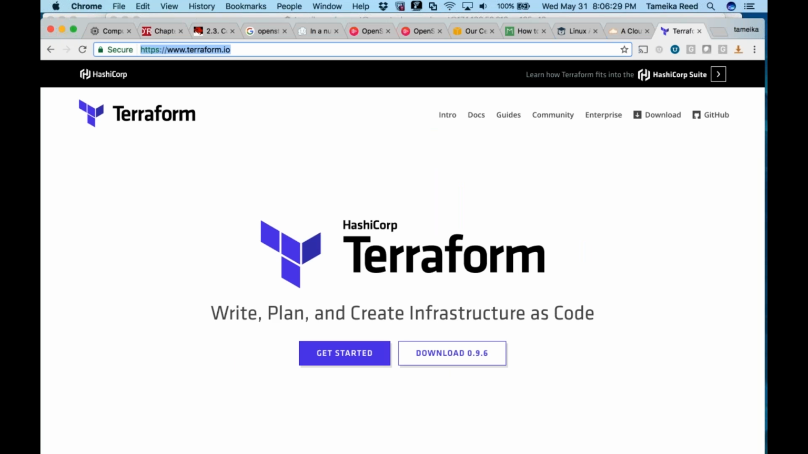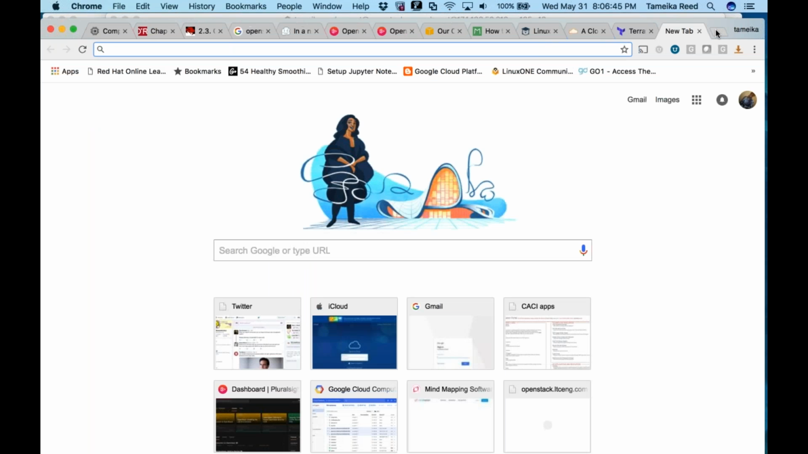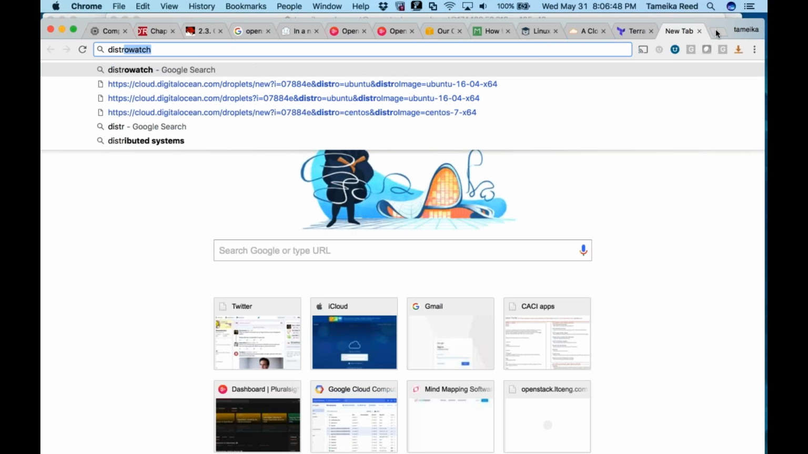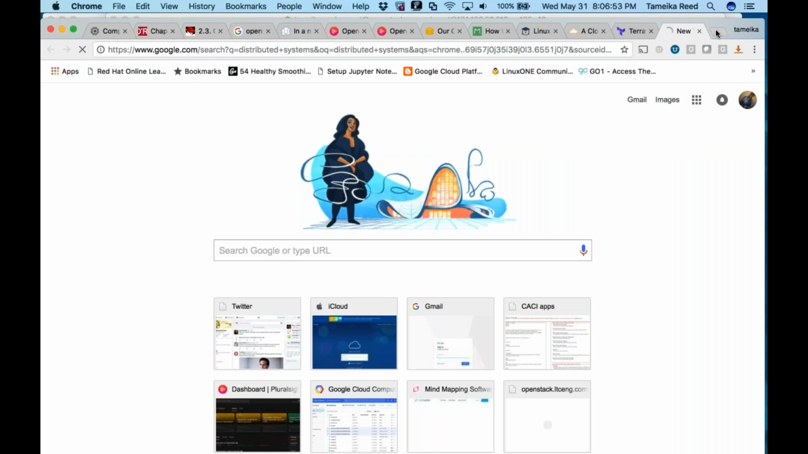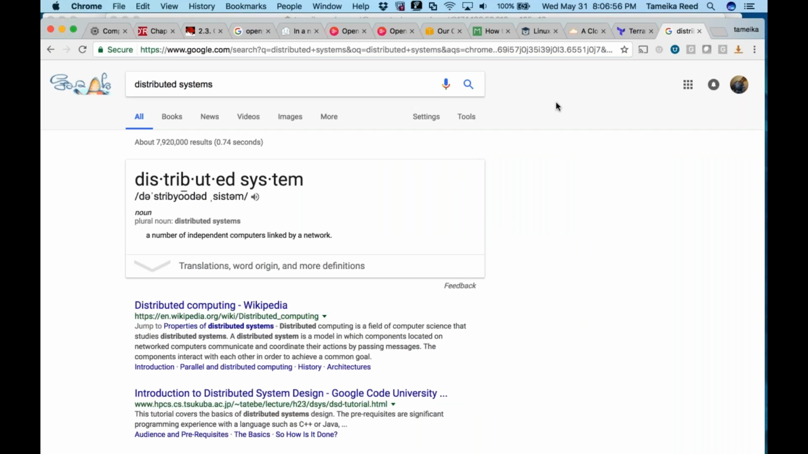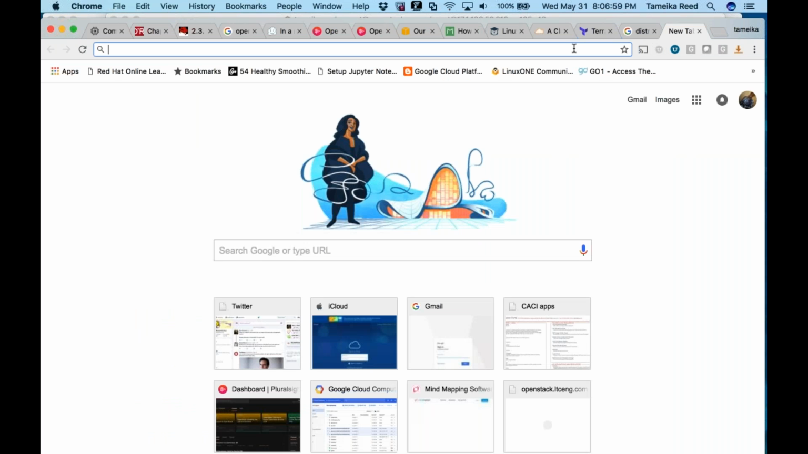So we can basically build out our entire infrastructure from command line and then deploy it. What I've been doing is looking at distributed systems as well too. You still need a Linux background, but what I do is, what I've been seeing on like